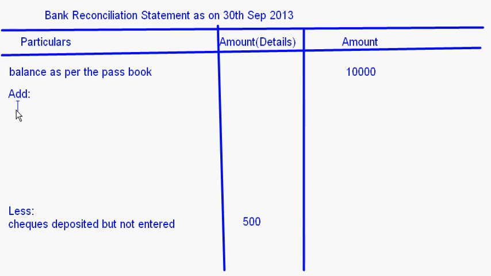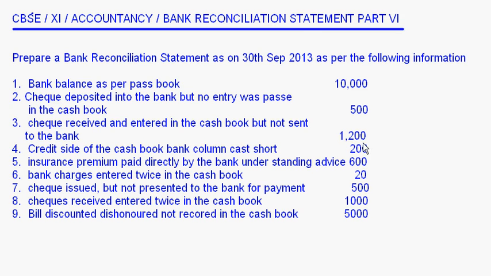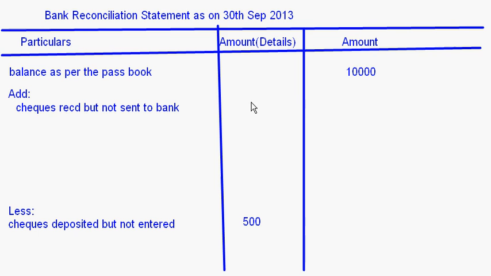So I'll put it like this. Checks received but not sent to bank. The amount here is 1200. So that should be put here, 1200, right? Now the next one,